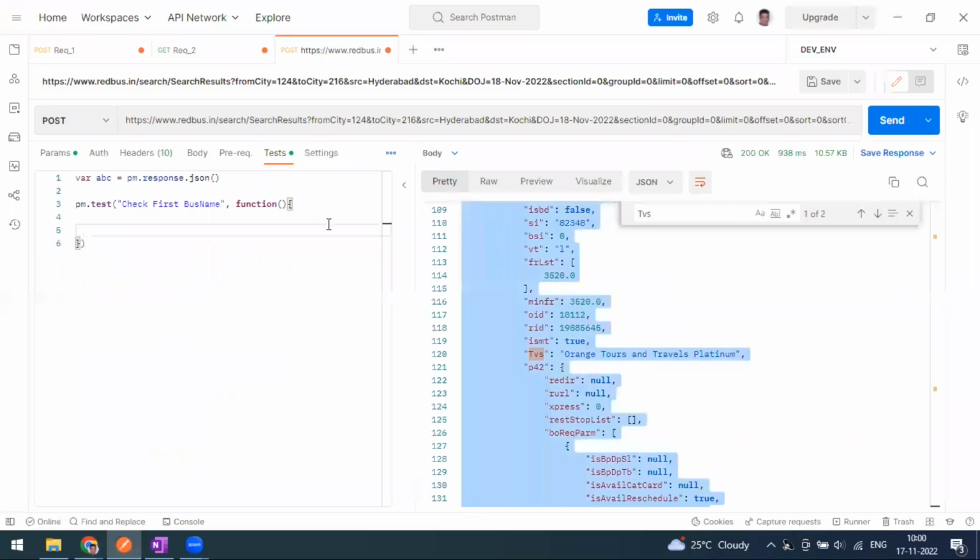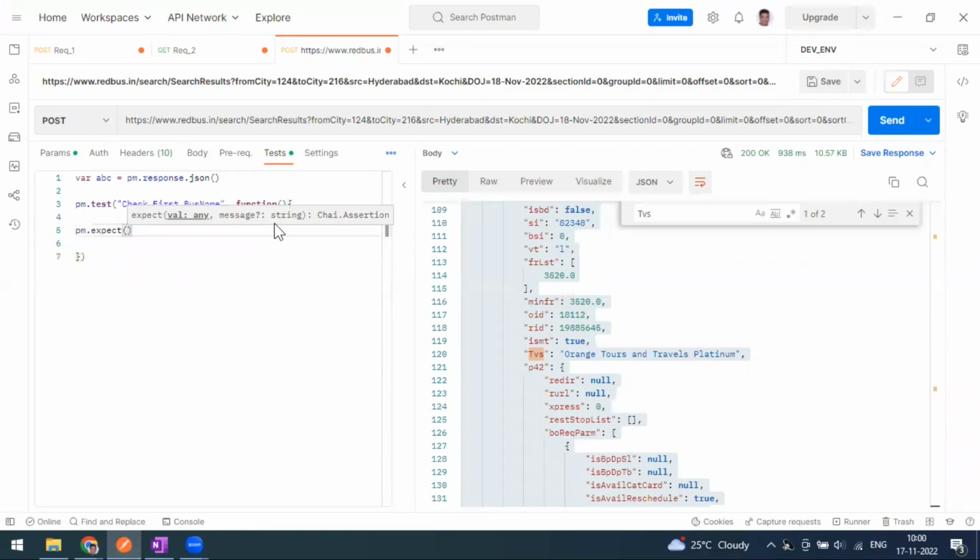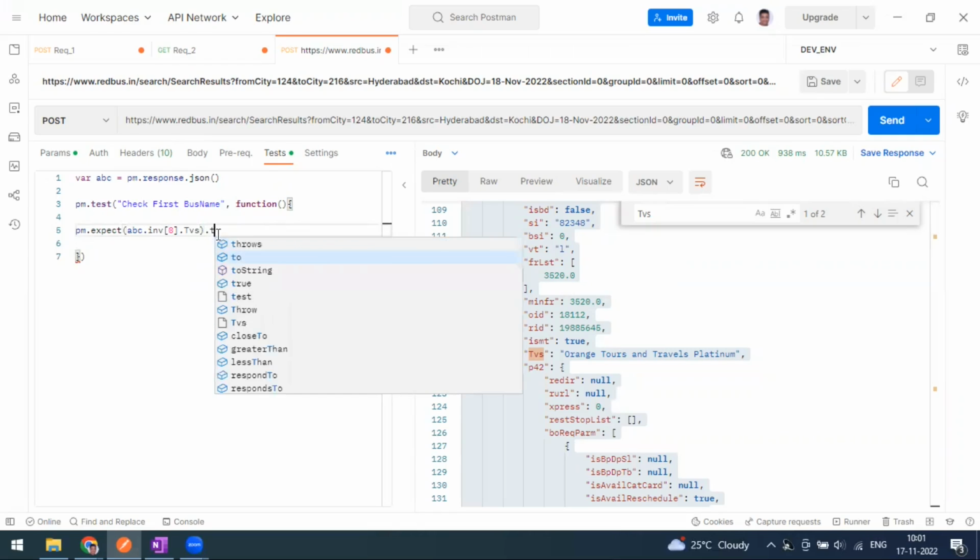Okay, so now let's go to Postman. Just write the statement pm.expect. So what is the statement that we have seen? ABC.INV[0].TVS. This is a path. Okay, so the P is a capital letter. So when I do this, I'm expecting this value to equal